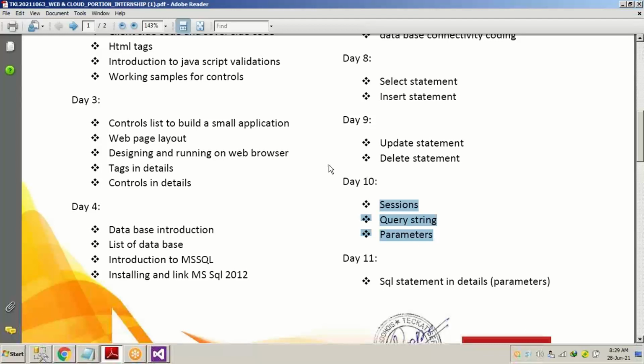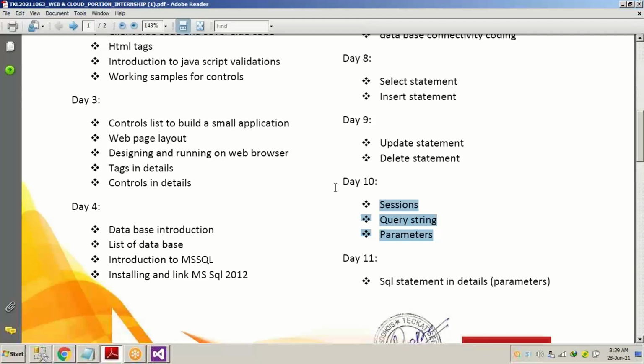And these are the things which we are going to discuss in tomorrow's session. I will be showing you some examples and how it works. Then we are going to apply it on our student application, on which we are doing our experiment. We are going to create one more form. We are going to jump from one form to another form.